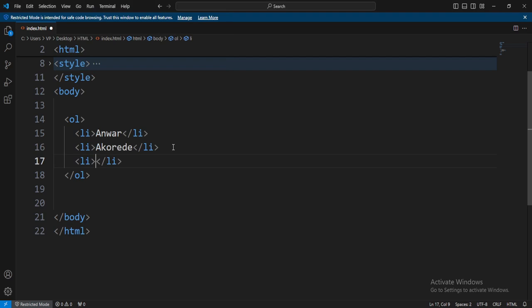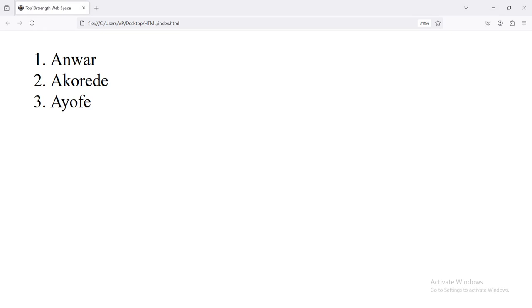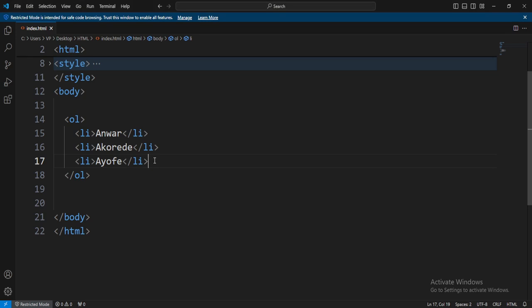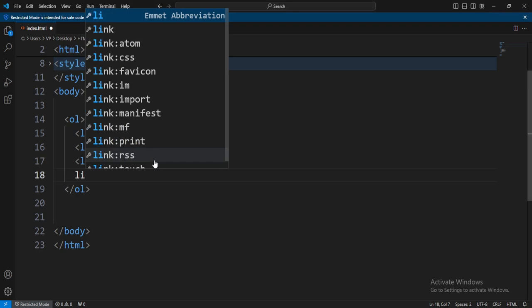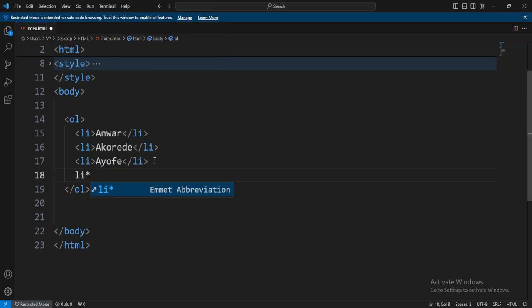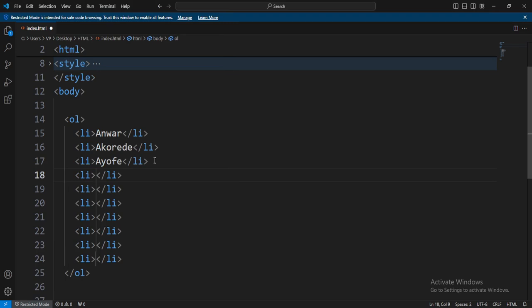LI again, Ayofe. Can you see? It's numbering our elements automatically. So let's say we write LI seven times for instance. When we write Anwar, Akorede, Ayofe,